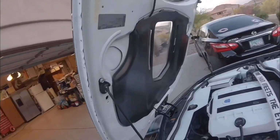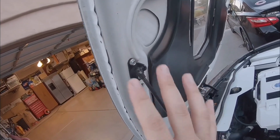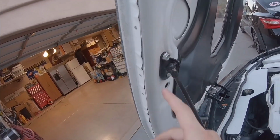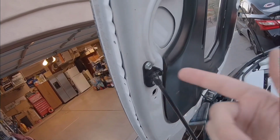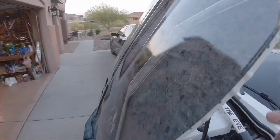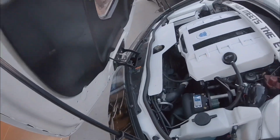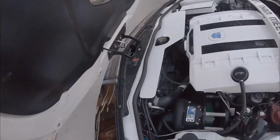Now the only drilling that you have to do is over here. So from what I remember, I think there was already one hole like this one. There was one of these, but then the other one I had to create. So you just got to be very careful when you pierce that hole. Just take your time. Don't force it, because you don't want to puncture it and make a hole on this side. So be careful with that. At the same time, what makes it really difficult, what took me so long, was, as you can see right here,